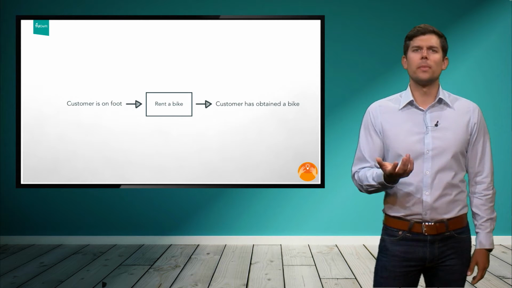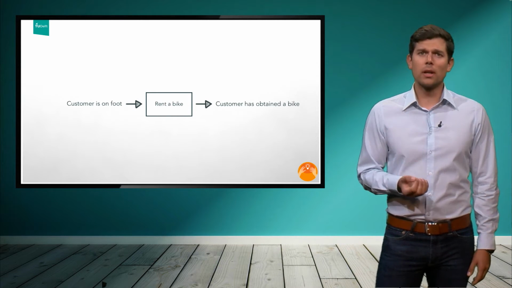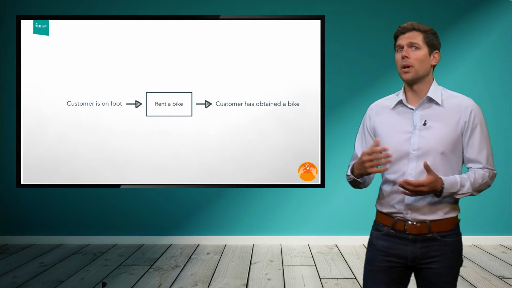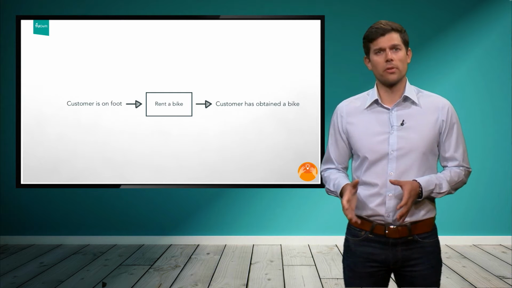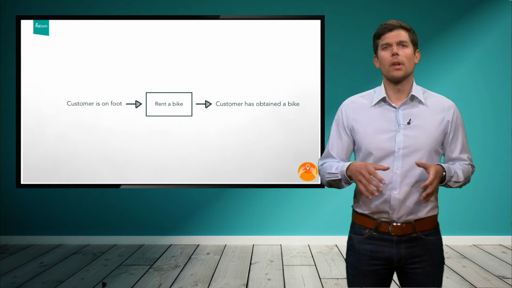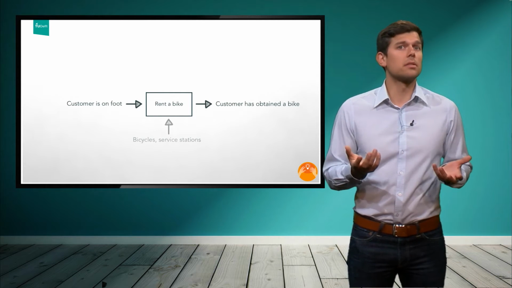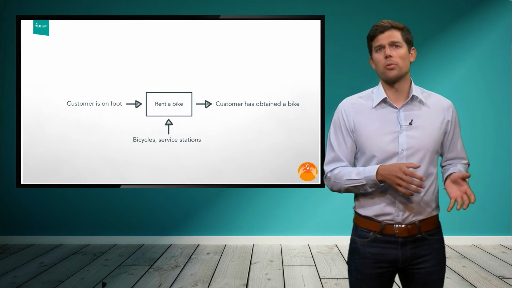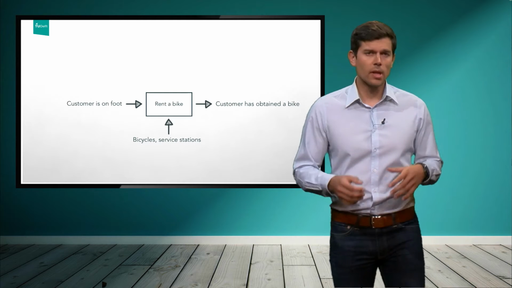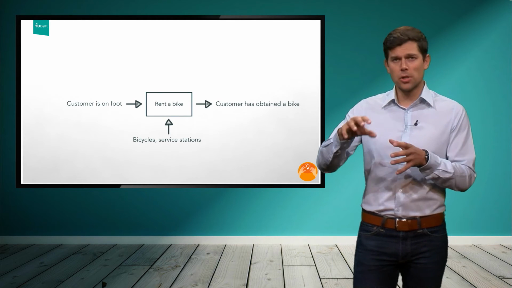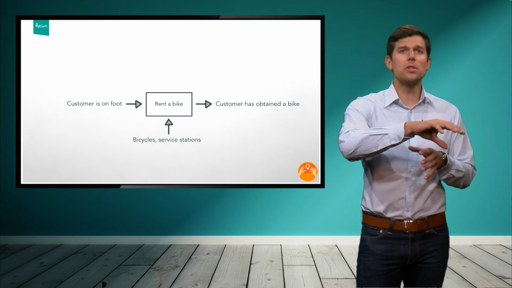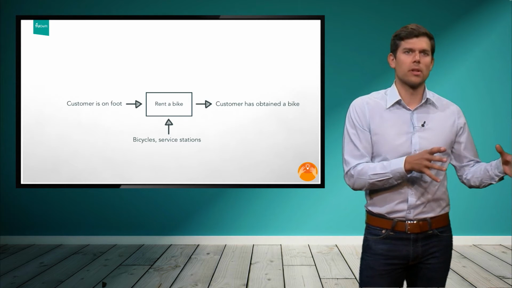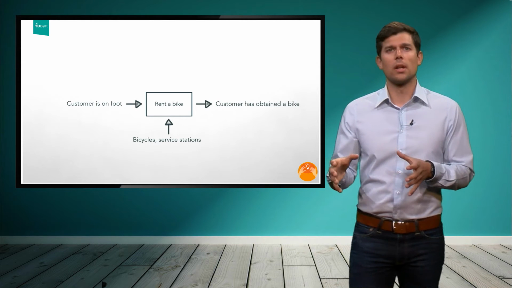Next, we need to add information that is relevant for realizing this particular step. So we need to identify resources or third-party actors that are essential for this. Here, it is fairly clear that you need bicycles to fulfill this service and we've already spoken about rental or service stations. And this is exactly where you build the bridge back to the original use case model, and thereby also include again the central stakeholders that your solution is built around.